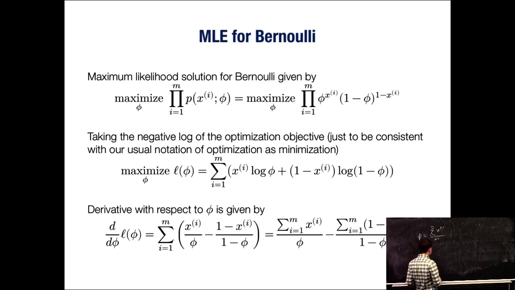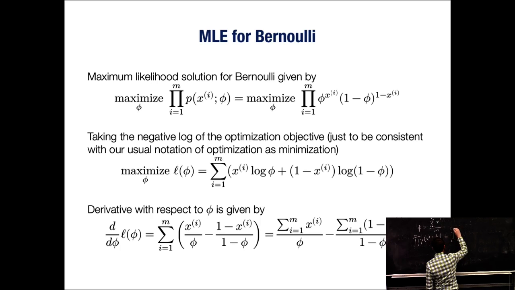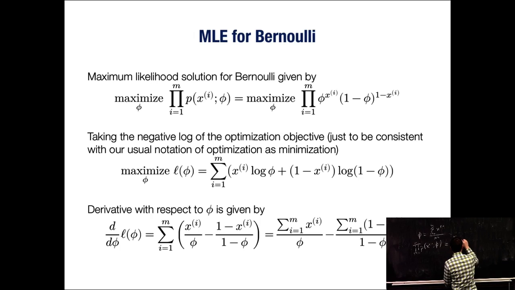So the likelihood for a Bernoulli variable is the product from i equals 1 to m of the probability of xi given, in this case, phi. I'm going to use theta to describe parameters generally, but in the case of a specific distribution, I'll talk about those parameters. So for Bernoulli, it's going to be phi. The probability here, I'm going to write in a handy way for doing these manipulations. I'm going to write this as the product from i equals 1 to m of phi to the xi